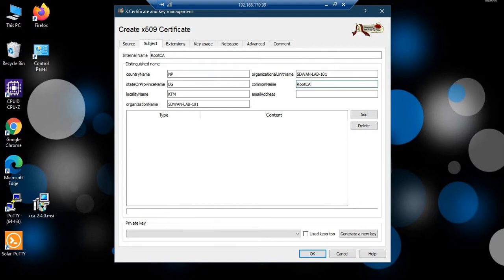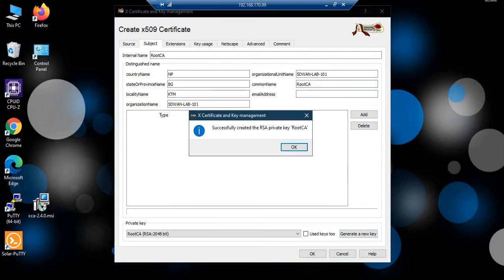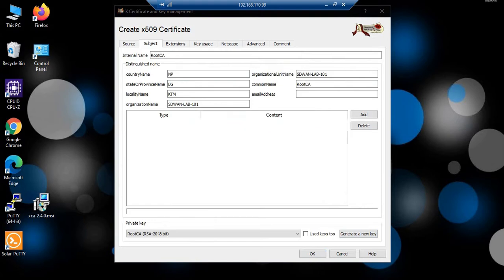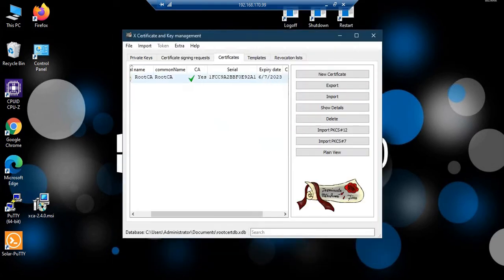Now I'm going to generate the key. Generate. Successfully created the RSA certificate key for root CA. Now I'm going to click OK. So now I have successfully created the root certificate.